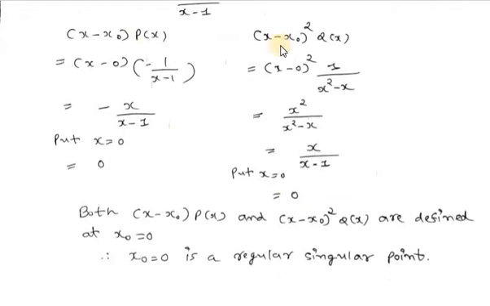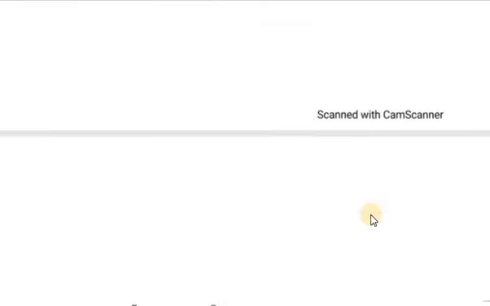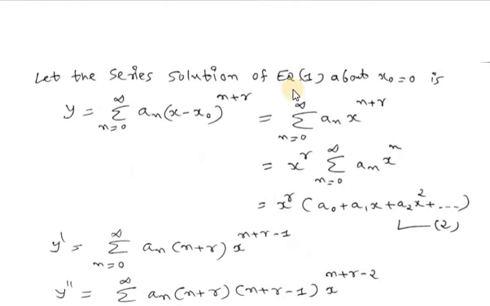So both these functions are defined at x0 equals 0. So x0 equals 0 is a regular singular point. Now let the series solution of equation 1 about x0 equals 0 be y equals sigma n equals 0 to infinity a_n (x minus x0) raised to n plus r, where a0 is not equal to 0. Now replacing x0 by 0, it will become